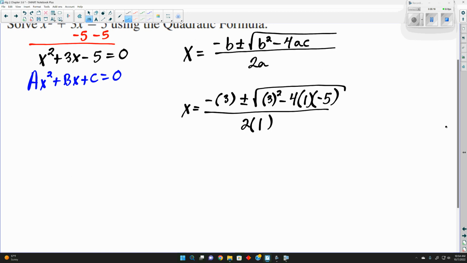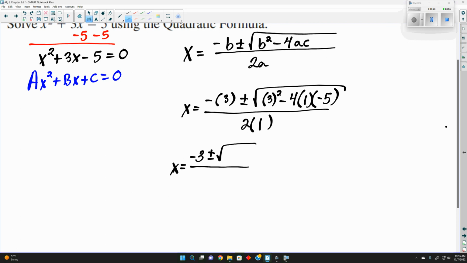Questions on any of this so far? So we're good with how we plug this in, yes? Okay, you just need to simplify. So the first part we have is negative 3. We can drop those parentheses. It's just going to make it negative 3, plus or minus